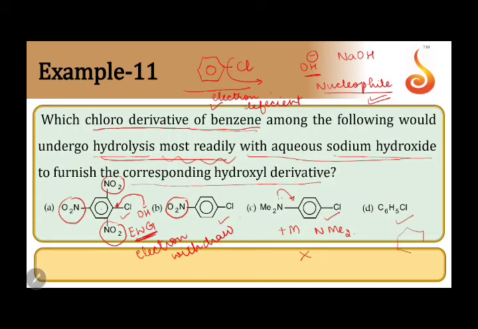Last comes this compound, chlorobenzene, which does not have either an electron withdrawing group or releasing group. There are 3 electron withdrawing groups in our first compound, only 1 in our second compound. There is an electron releasing group in our third compound. There is no such thing in our fourth compound. So it's very clear that option A reacts fastest, followed by option B, followed by option D, followed by option C. So the overall order is A greater than B, greater than D, greater than C. And here our answer, as they asked most readily, our answer is option